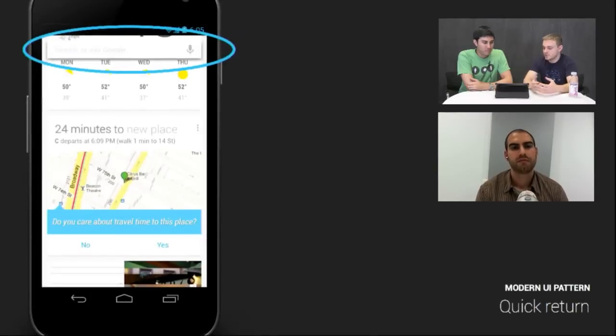pattern, and this is a pattern Nick and myself have dubbed quick return. There's no real official name for it, but the idea is, this is a screenshot of Google Now. You want to have something that's persistent, that's always available, like the search bar in Google Now, but you don't necessarily want it to take up that precious vertical real estate. So what you can do is have that bar scroll off the top of the screen as you start